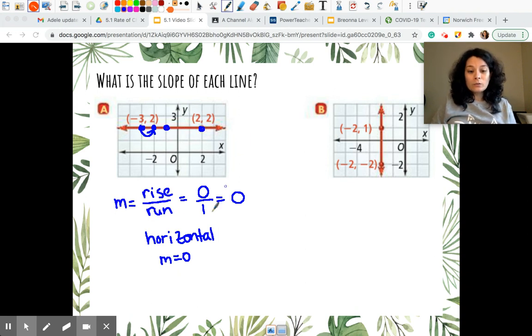There wouldn't be any x involved. So we'll kind of review that a little bit later. But for right now, just understand that when you're looking at a horizontal line like this, it has a slope of 0. You could have also used the same tactic and used these two ordered pairs and did,